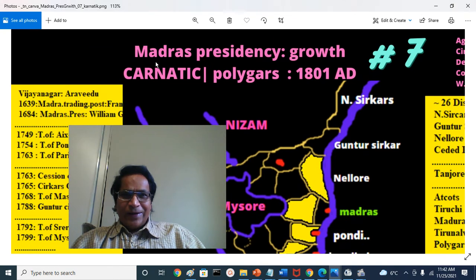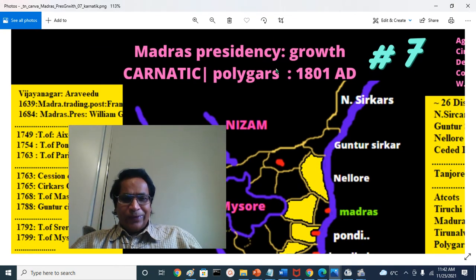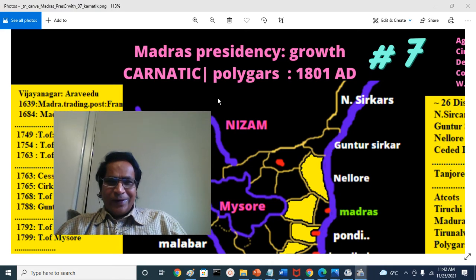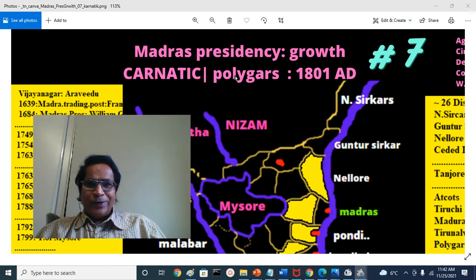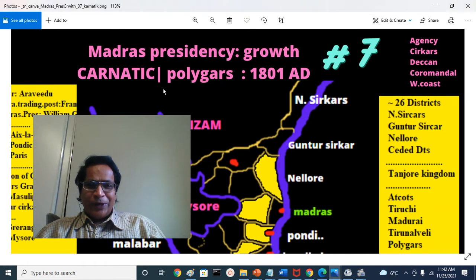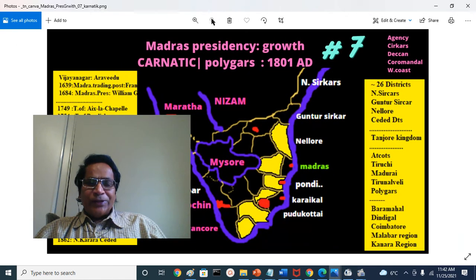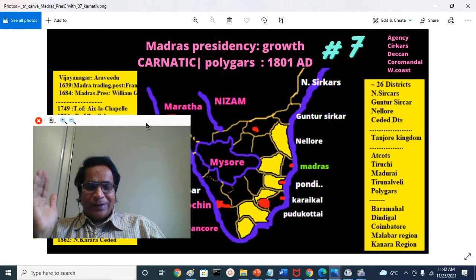And the title is Madras Presidency Growth, Enlargement, Amalgamation: Carnatic territory addition, Polygar region addition. Polygar regions were actually part of Carnatic territory, loosely controlled by the Nawabs, but the British had to conquer them and annex the territory. As we discussed, there were 26 districts in Madras Presidency at its zenith, when it was at its maximum extent,